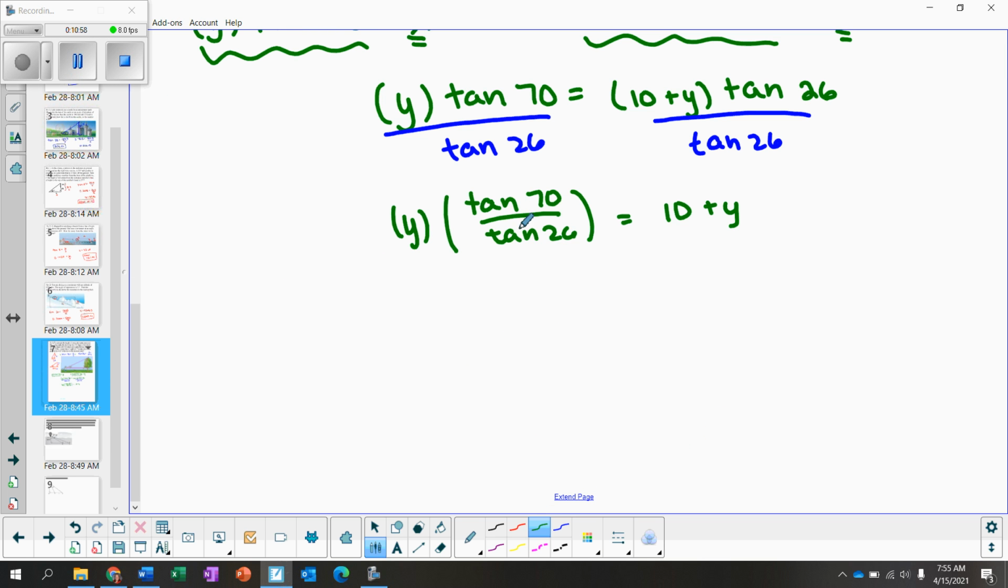This is a value, this is a number, and I could use my calculator to find it. The only thing I cannot do is divide 70 by 26 and then try to take the tangent. I have to do them as two separate things. Tangent 70 divided by tangent 26. And when I do that, I get 5.6332, and that's rounded. So I'm going to keep that in my calculator for right now,